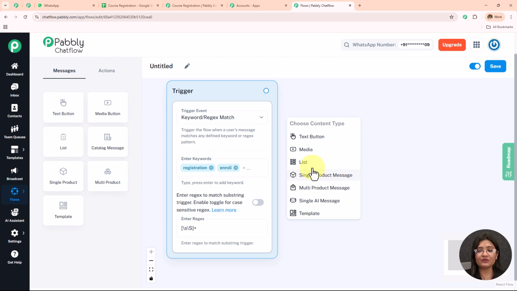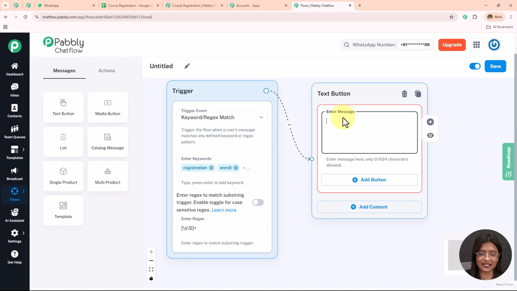text button. If you want to provide many options, you can select this list. If you want to send a single product or multi-product, you can select this. If you want to send the AI message, you can use this single AI message, and the template is a pre-designed message format. So here I'm going to select it as text plus button, and then I'm going to send